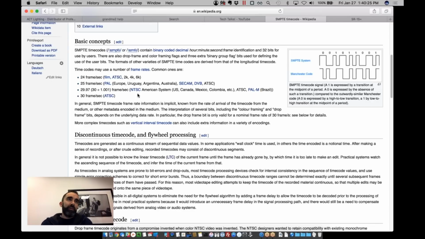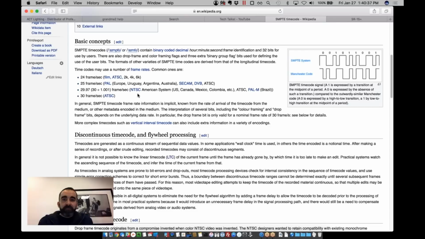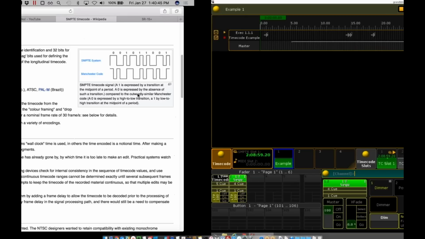But all those are optional. I think most people I see that are just using general timecode to synchronize with the music are generally just going with 30. So you can keep that in mind. I hope that gave you a little bit of background on timecode, where it comes from. It's just a clock sync, okay?